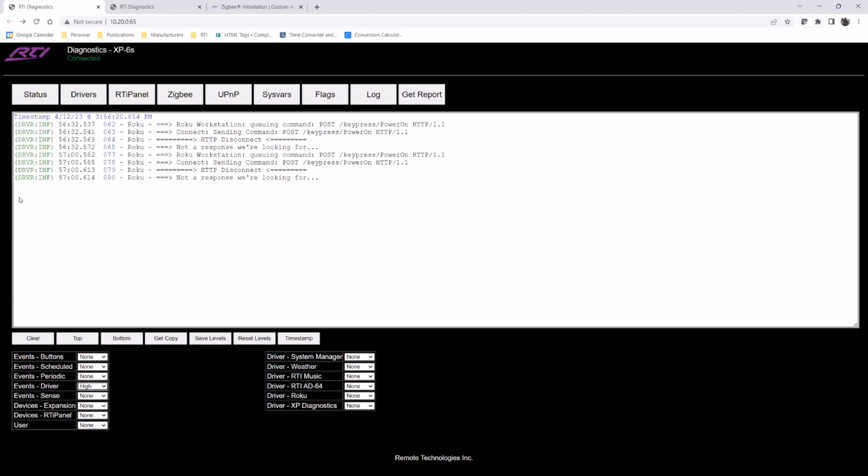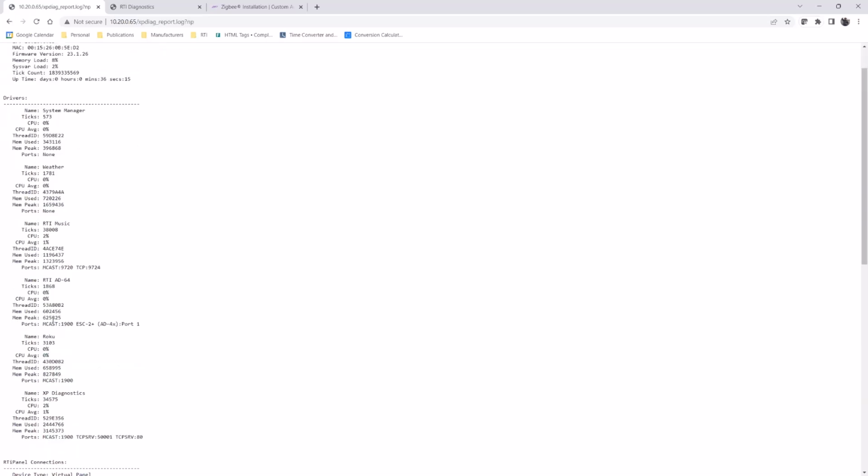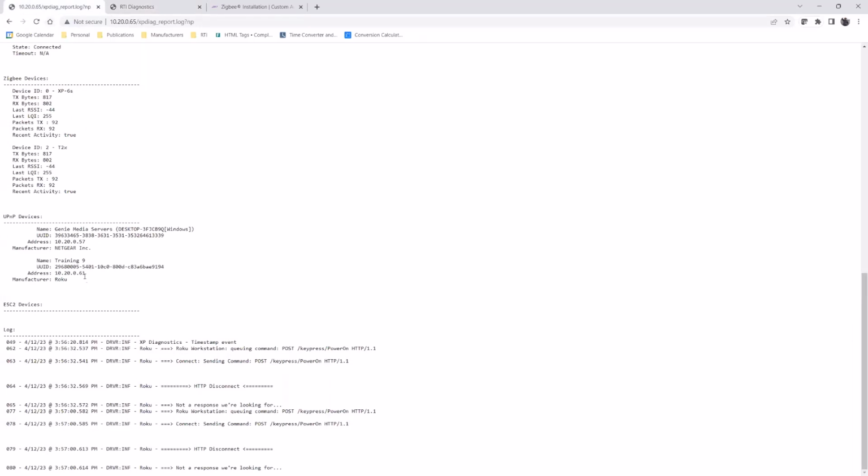So if you're testing all these different buttons, they're working great, you're deciphering it and you still can't figure out what's going on with the system. That's when you hit this get report. And once you've tested all of that information, it'll compile this report. It'll give you all the log information. And again, as you're going through and doing that log, you don't want to clear it out, but you can just go through, do a whole bunch of tests. You can hit that get report and be able to have all that information pulled up for you